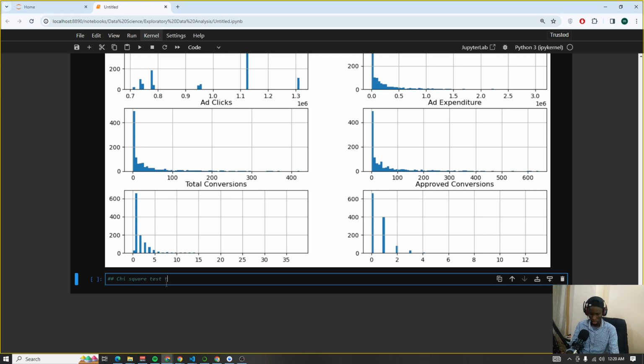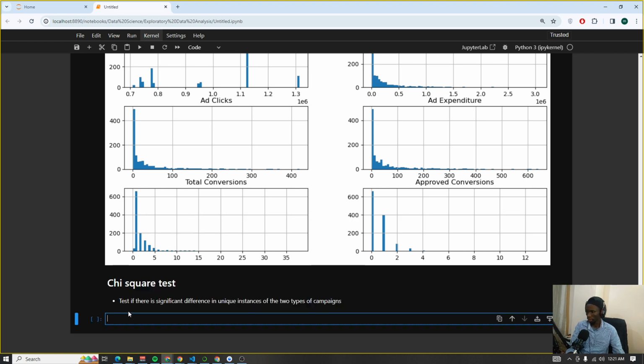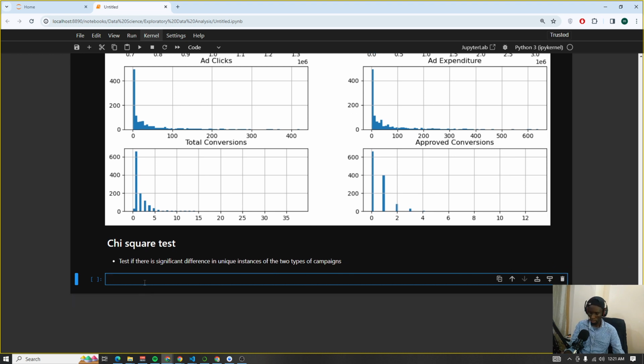So chi-square test. Here we are trying to test if there is a significant difference. That's what you're going to be testing: test if there is significant difference in unique instances of the two types of campaigns. Okay. So from this, I'm going to start by